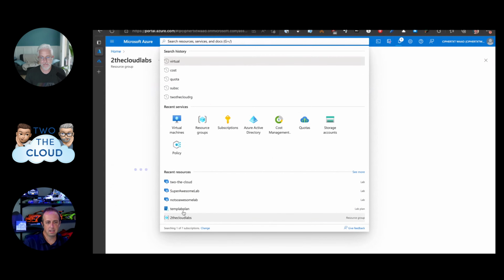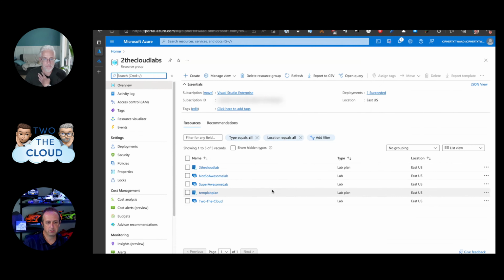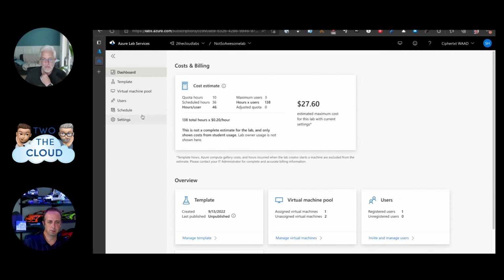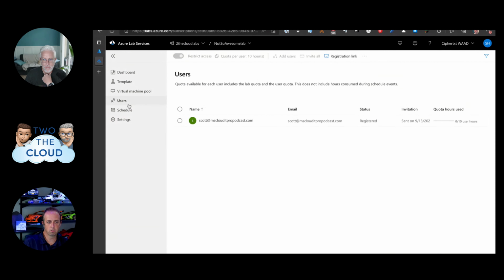Can you see how much each student has used? I can't remember if you showed that. If you go in from a teacher and an admin perspective, you have quotas, hours, you have scheduled hours. Oh, yeah. So I can see over there how many hours that individual has used, but there's no grand aggregation for that along the way. Got it. So there's not a ton of reporting then. It's just that budget, estimated cost, and then some of this reporting under your users.